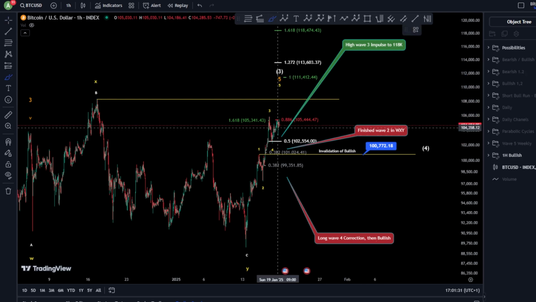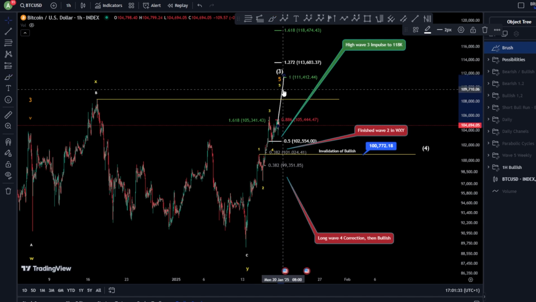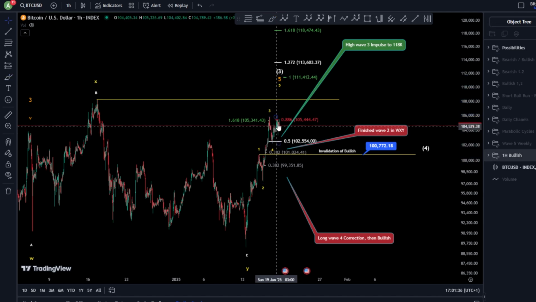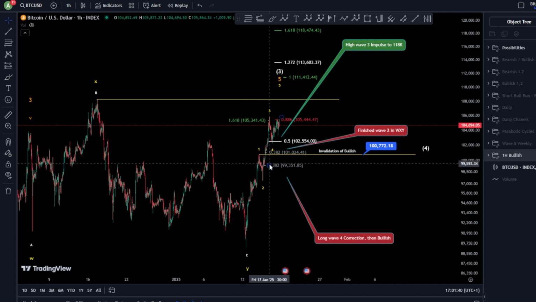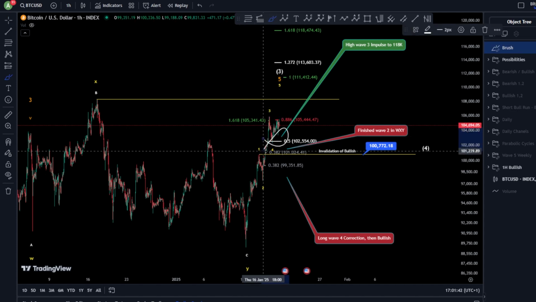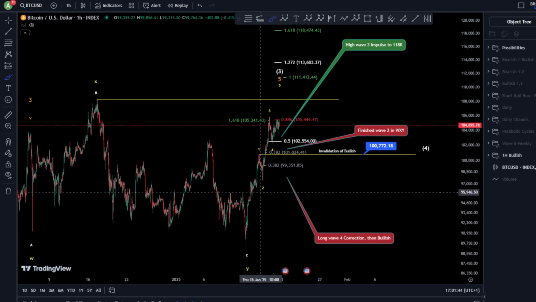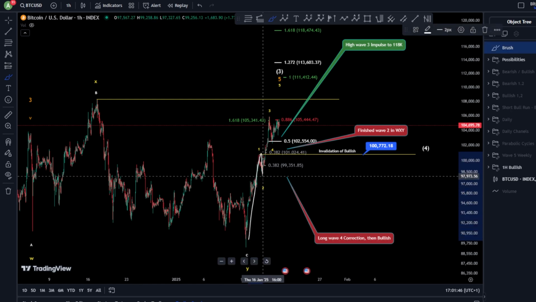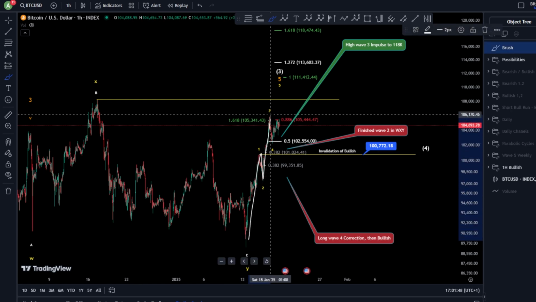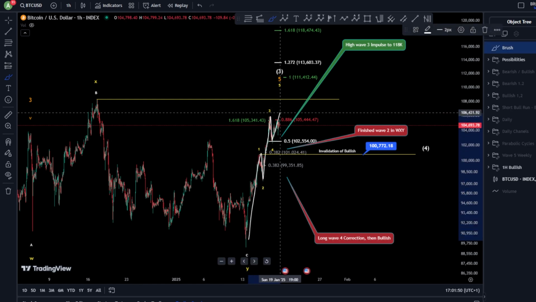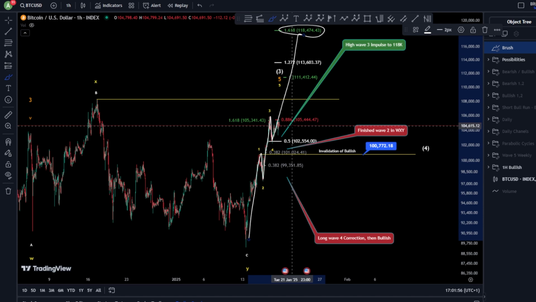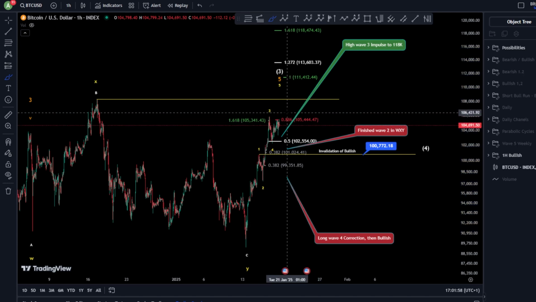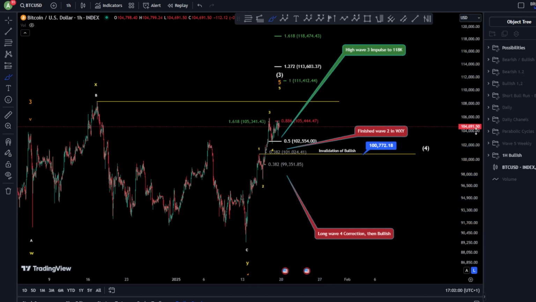Because it becomes, of course, your wave 5 longer than your wave 3. And your wave 5 longer than your wave 3, and your wave 1 longer than also your wave 3, means, of course, invalidation of this small impulse. Meaning you are looking at something else bigger, which might turn this into 1, 2, 1, 2. Your wave 5 might turn, of course, here as a wave 3 continuation toward the upside. Your target is 118K for, of course, the higher bullish scenario.